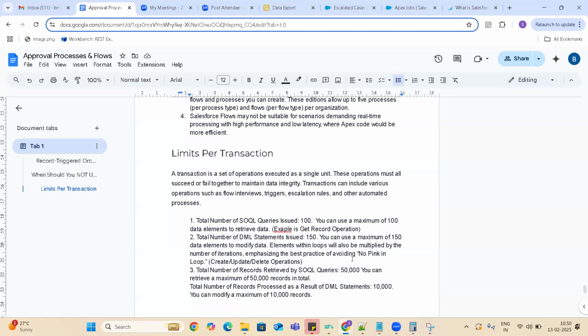But if you retrieve records, maximum you can get 50,000 records.